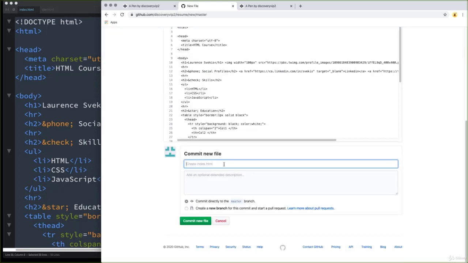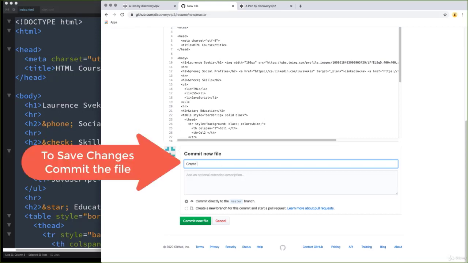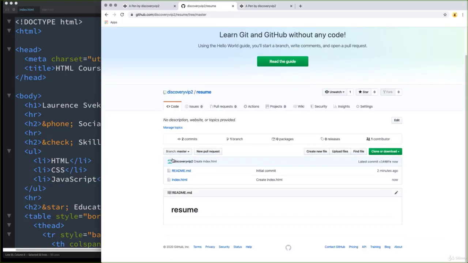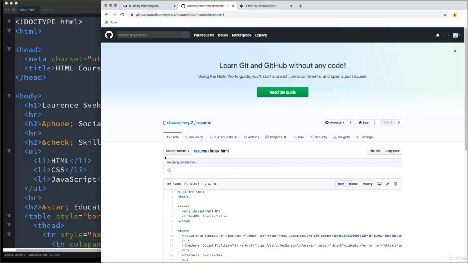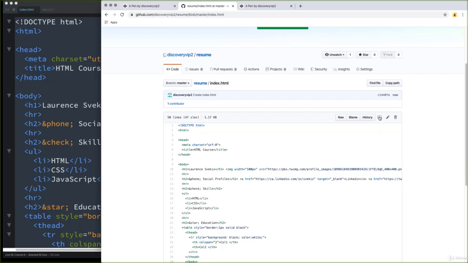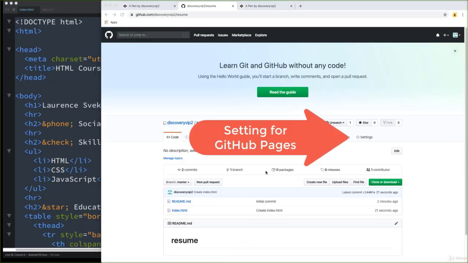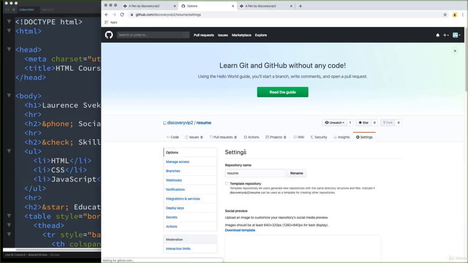And once you're happy, then just go down to the bottom and create index.html. And you can add yourself additional information as needed. So commit the new file, and you can just commit it directly to the master branch. And then you can always open it up and edit it anytime that you want. And this is where the fun part of it comes in, because this is where you can publish it to GitHub pages. So under settings, click the settings button,